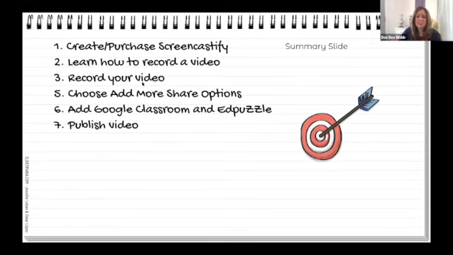This is just a summary slide, so that once the session's over, you can see exactly what we talked about during the session.